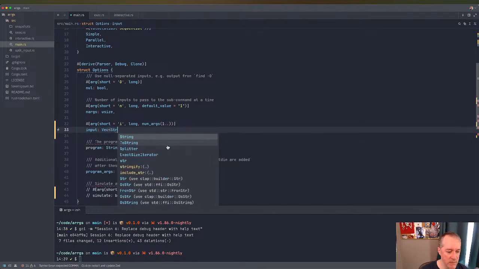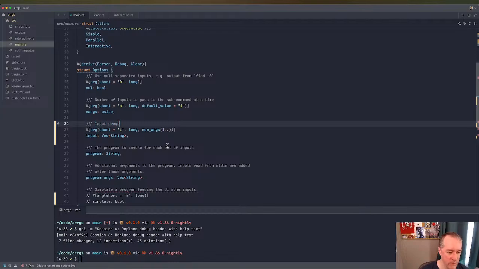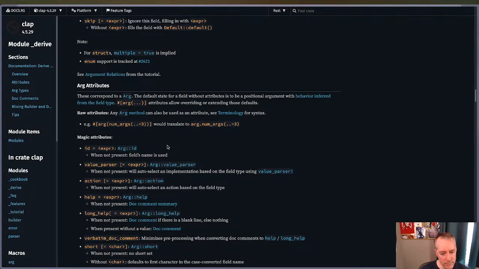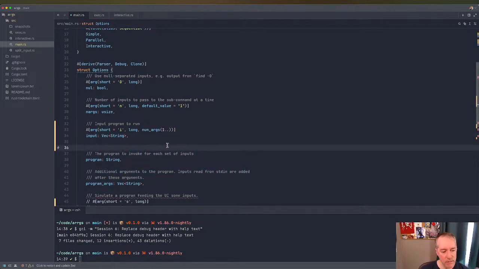It's going to be a Vec of String. And then we'll say this is input program to run. And then we're going to rename this and say output program to run,